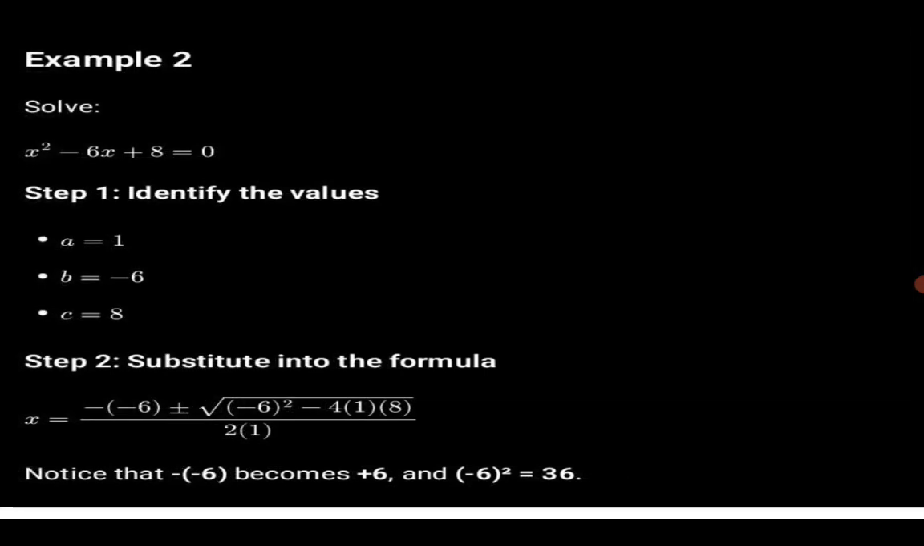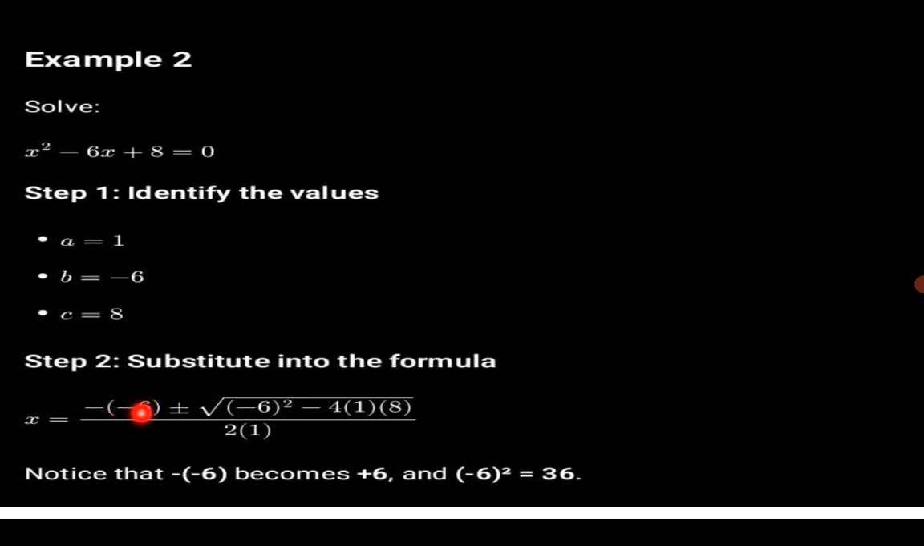Let's look at another example. Solve x squared minus 6x plus 8 equals 0. So first of all, identify the values of a, b, and c. So a is 1. B is minus 6. Take note, we are taking the whole minus 6. And C is 8. Then substituting into our equation, we shall have minus